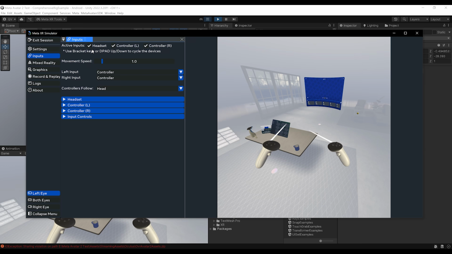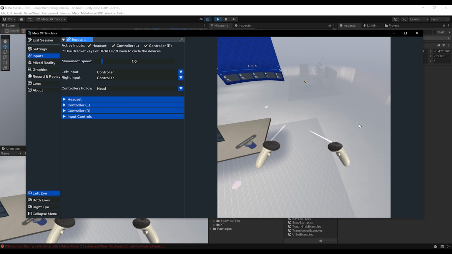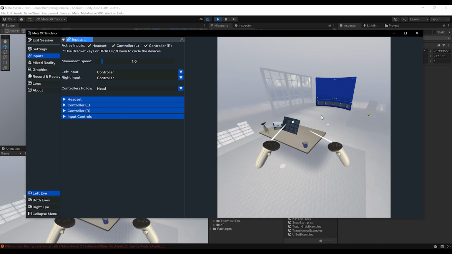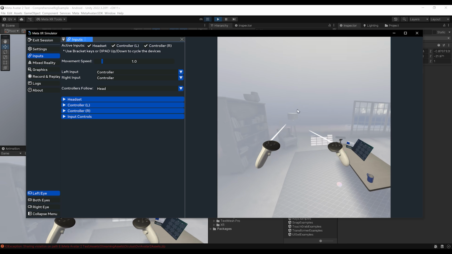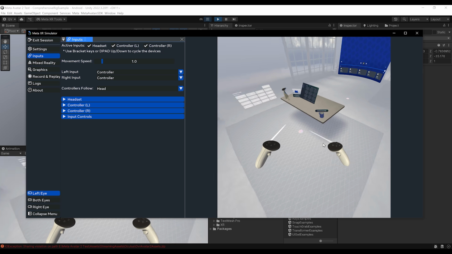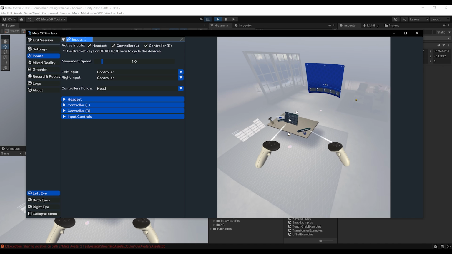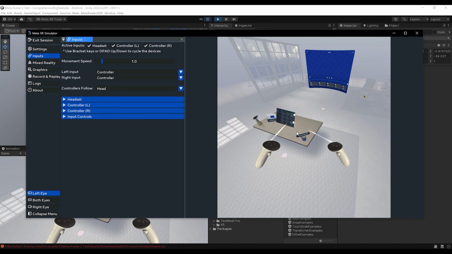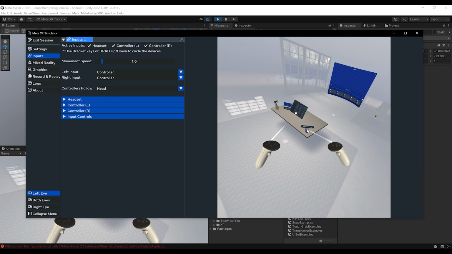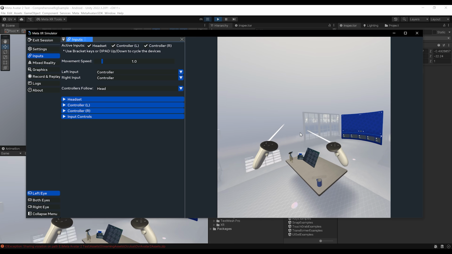So as you can see, because now I have headset, controller left and controller right active, it means that when I look around, for example, by clicking on the right mouse button, everything is moving together. So both controllers as well as the camera. So by the way, if you want to simply look around the scene, you can simply right click here, or you can click on the mouse wheel to even move around, which is super handy and which will allow you to move. You can as well move with WASD, rotate a bit,